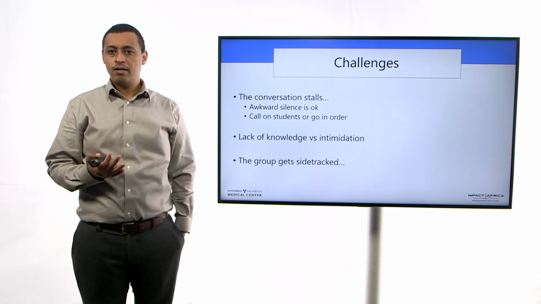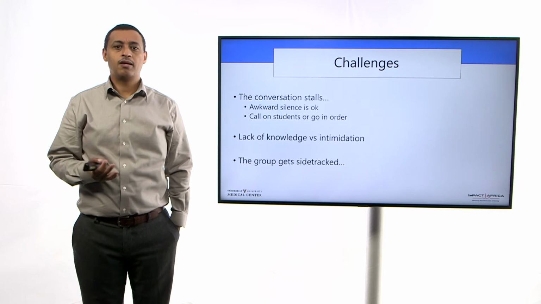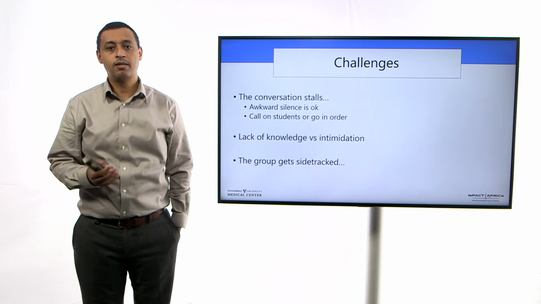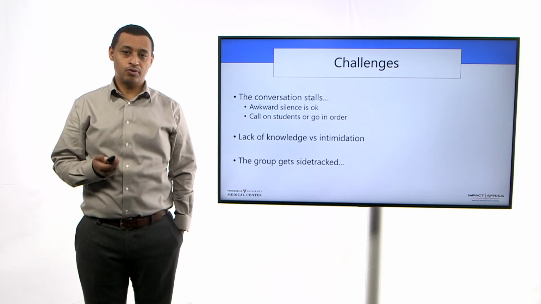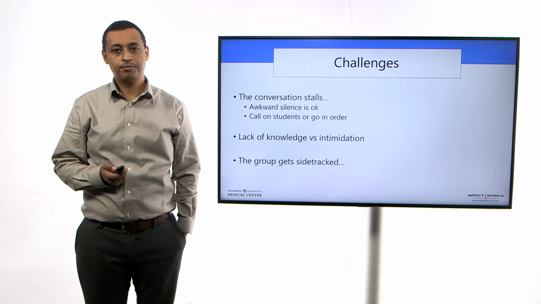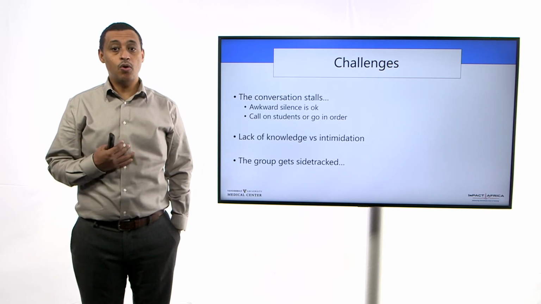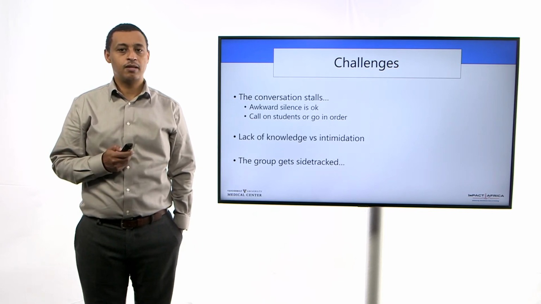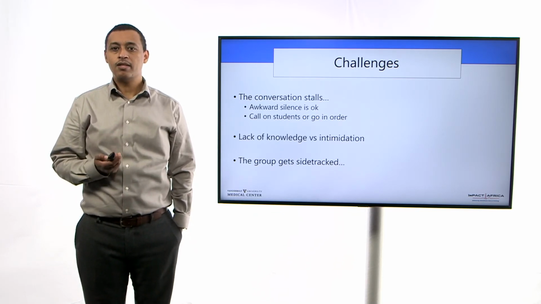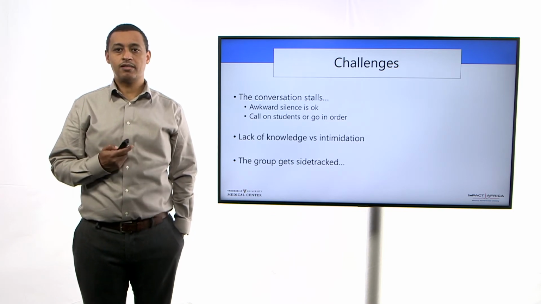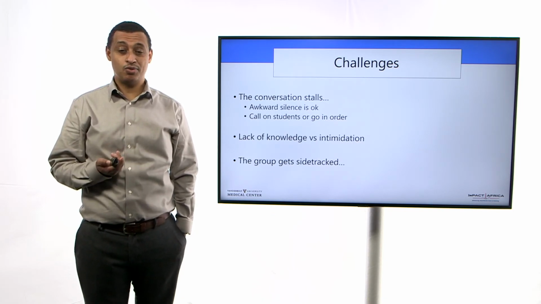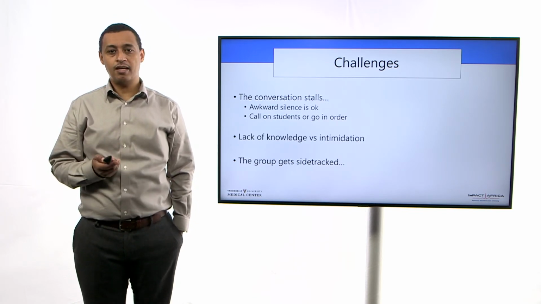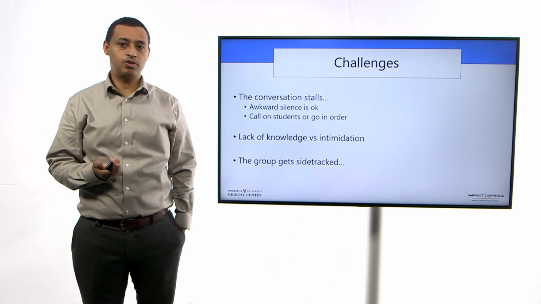If they're still quiet, ask them, what are they thinking? Ask them to tell you about a similar challenging case that they might have experienced. If all fails, start calling on students by name or go in order. The conversation can also stall because of lack of knowledge or the students feeling intimidated to speak. If you sense that it is the latter, then do your very best to make them at ease. Sometimes I intentionally tell students the times I've made mistakes. I've noticed that my honest admission of making a mistake creates a safe environment for students to take a chance